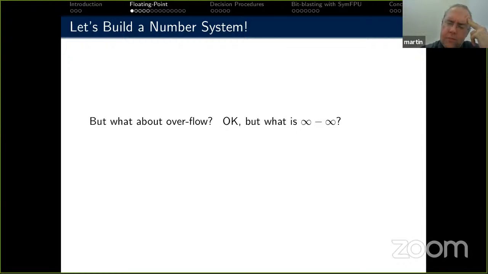So we could do the same thing again, right? We could say, let's have another special value, which is not a number, for marking things that just aren't numbers, that are just a mistake. Okay, and then we could have infinity minus infinity being not a number. Okay, cool, we're done. Oh, except